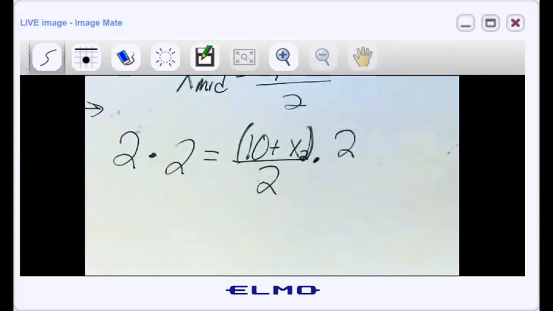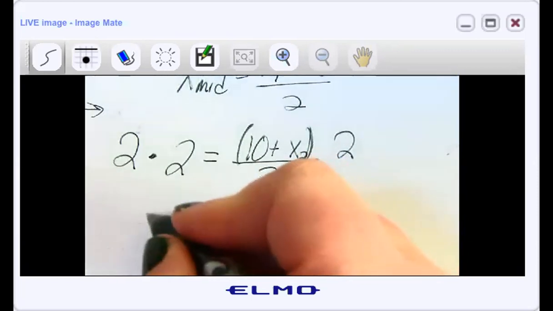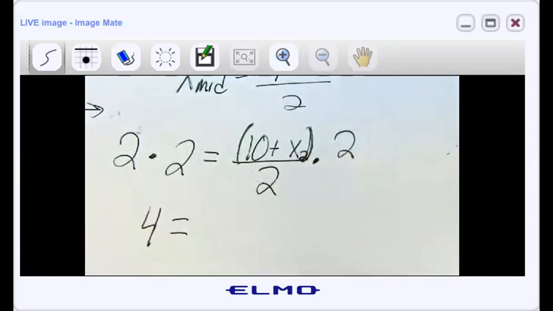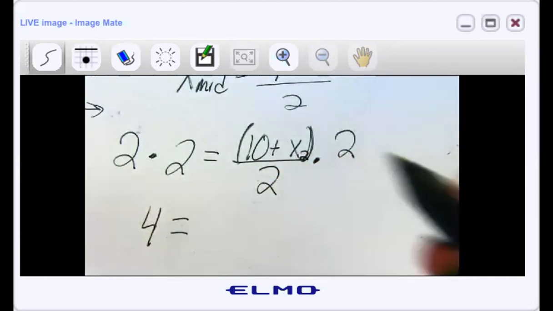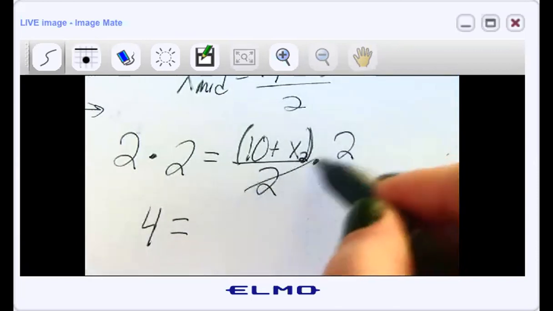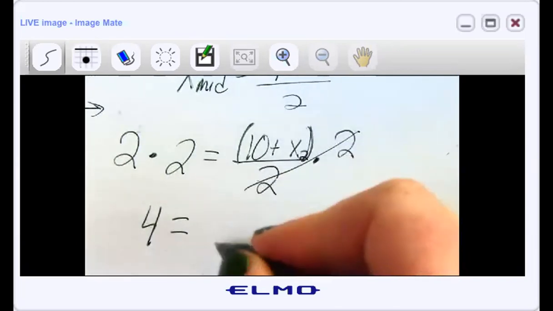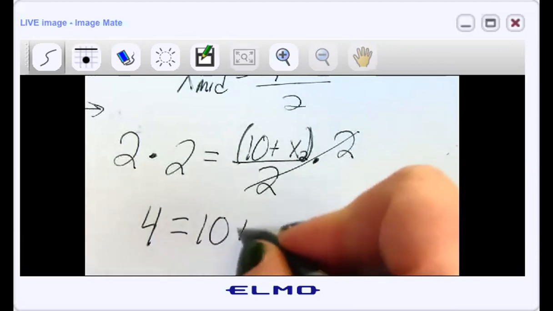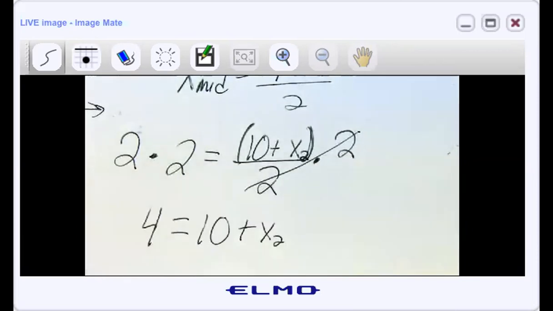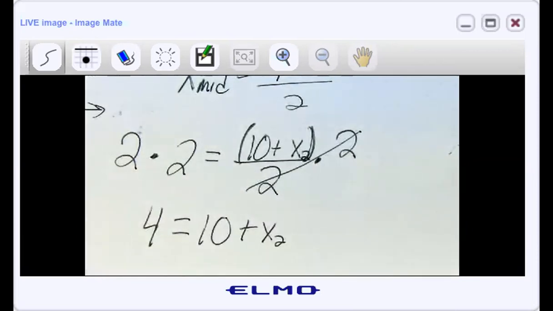On the left, obviously that's just 4. 2 times 2 is 4. No big deal. But look what happens on the right-hand side. These two 2's cancel out. And look what's left. It's just 10 plus x2. And now I'm so close to the answer because all I have to do now is